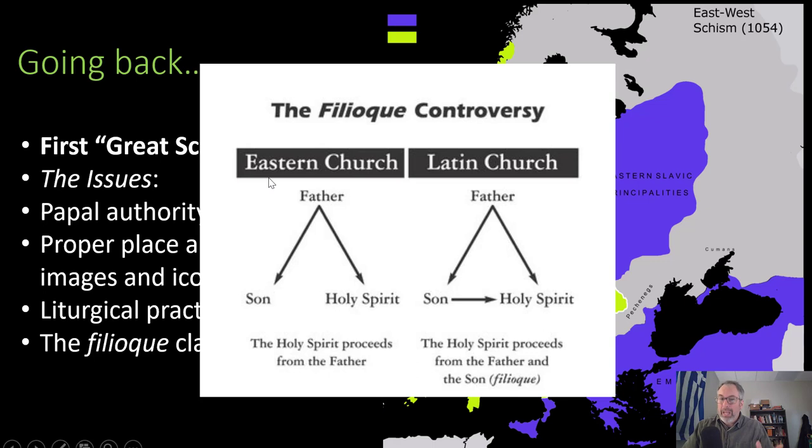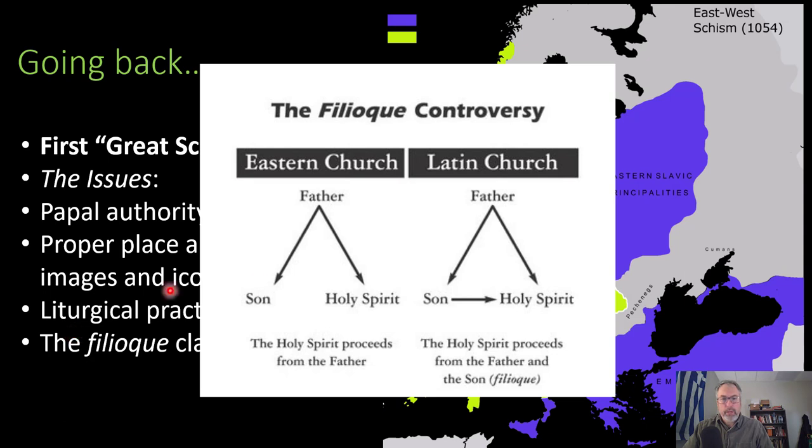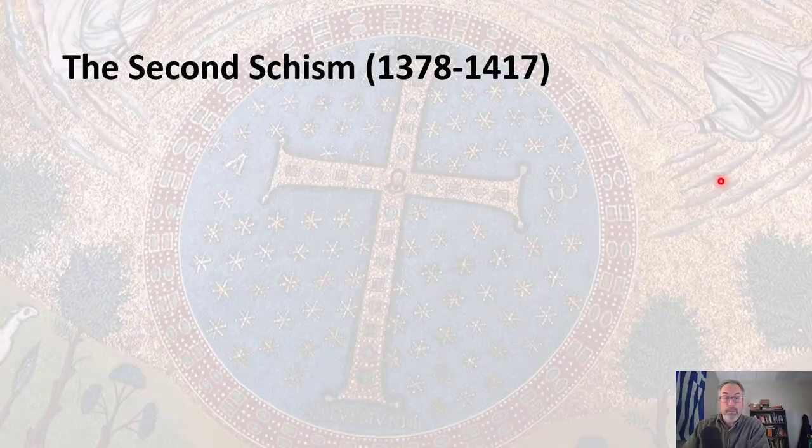Well, in the Eastern Church, they said, well, almost, but not quite. They put a primacy on the persona of God the Father. And I'm going to see if I can get a laser pointer. Yeah, it's better. God the Father. And the language is that the Holy Spirit and the Son proceed from the Father. So there's a hierarchy. Now, at a glance, that might seem like not that big of a deal. But when it comes down to theological issues and doctrine, this is huge. In terms of really understanding the persona of God, the two sides simply could not agree.